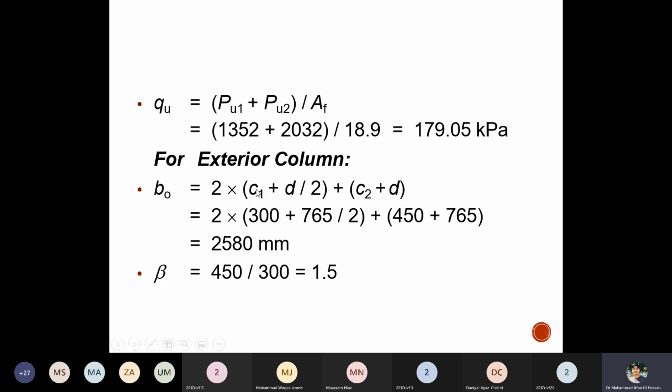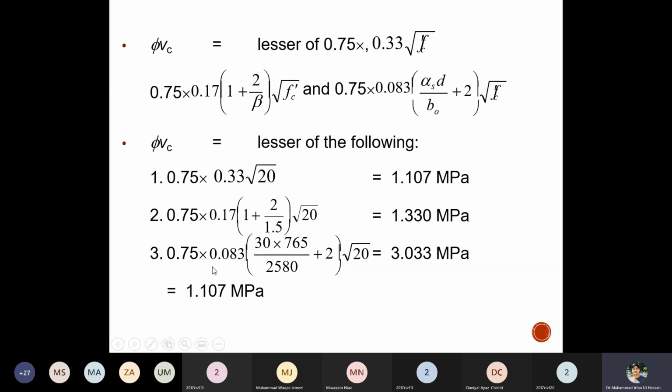That's why you take C1 plus D by 2 only on one side, but on the other side there is C2 plus D, the full width, that is considered. So the punching perimeter is taken, and then from the punching perimeter you get the beta and all values, and phi Vc is computed. The three ACI criteria are standard, where the first one is 0.75